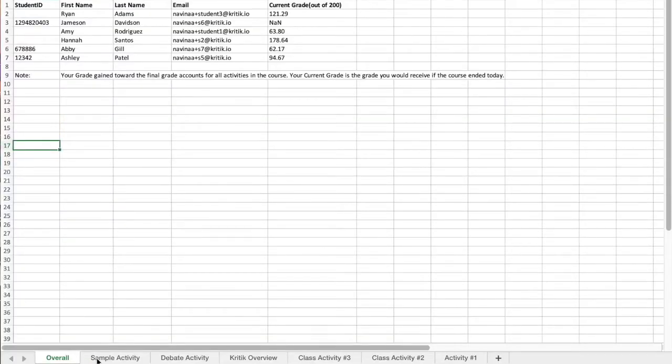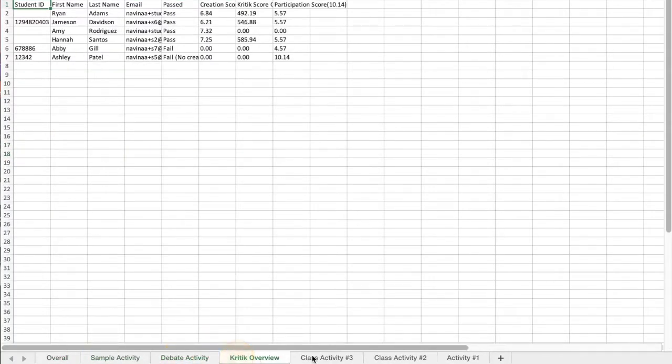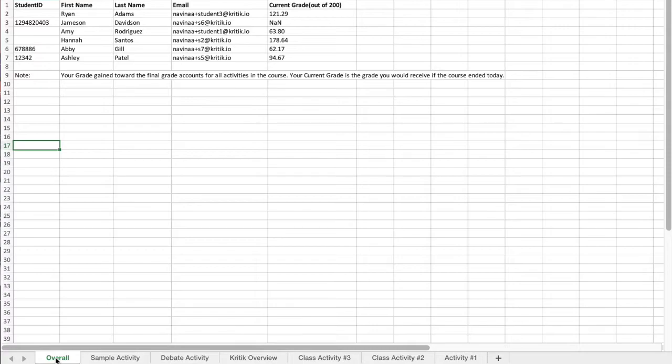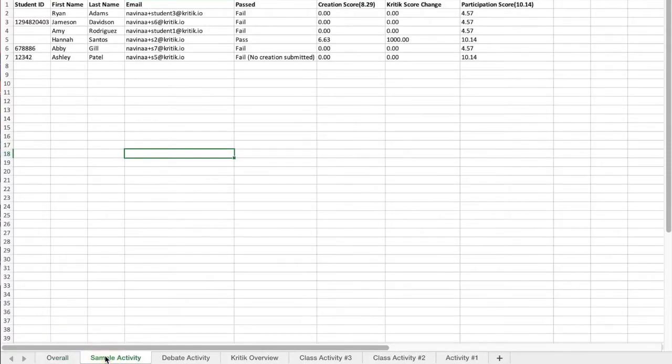The multiple tabs, as seen here, are used to organize grades per activity, and the first tab being the overall grade in the course. We'll begin with the grades per activity. Here, you can see the student's full name, student ID, and student email. At first glance, you can identify the students who passed or failed an activity, as well as those who did